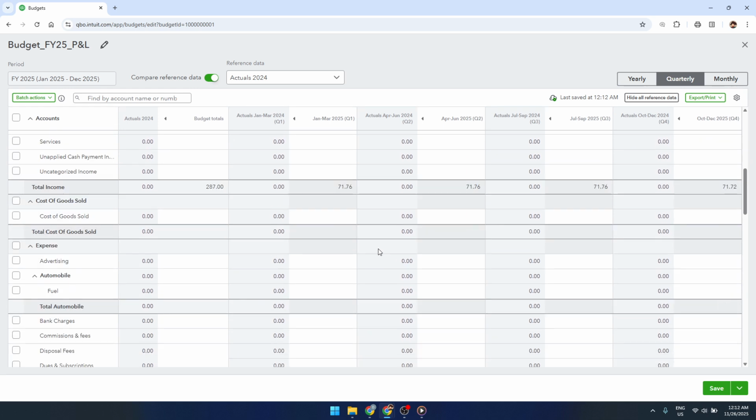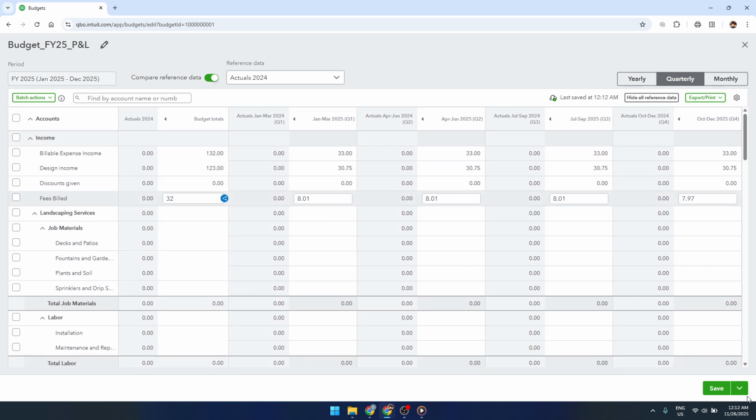When everything looks complete and accurate, click Save to store your budget in QuickBooks Online. Your nonprofit budget by classes is now ready to use for reporting and tracking performance throughout